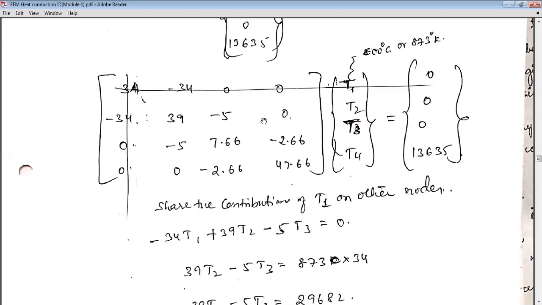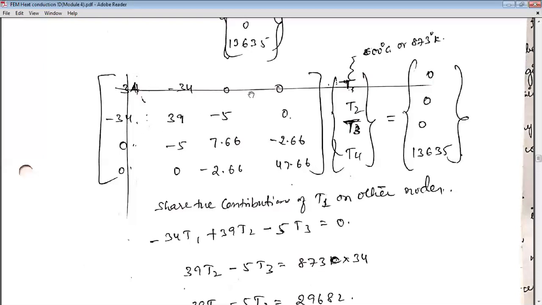Since the specified boundary condition is T1, make sure you consider that row to get the effect of T1. You have to modify the load vector here. Okay. Consider that row which does not contain 0 in first row and first column. Okay. First row and first column. So you can see this is one row. The row you will be considering is this one. This is the only row where you will be seeing there is no 0 either in first row or first column.